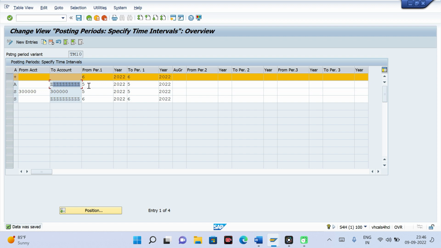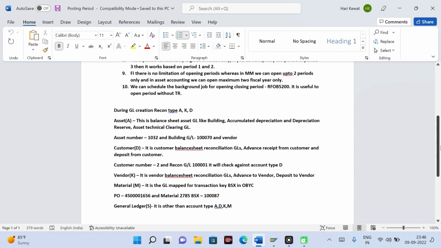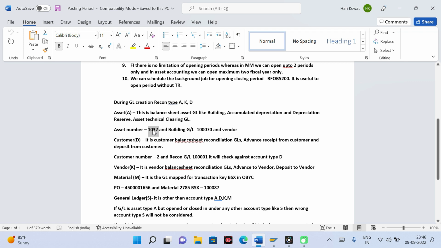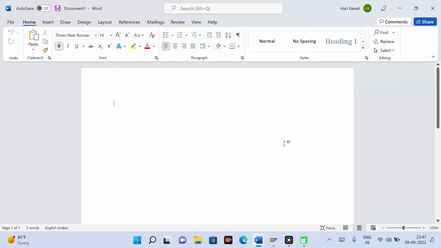So first let us check the range scenario. Now I have created one asset number. This is my asset number, and under this asset number, this is my asset GL. Now one very important thing you also have to understand: what is the journal entry when you do asset posting? Because in asset posting multiple account types and multiple kinds of GL come. For example, when you do asset posting, it will post your